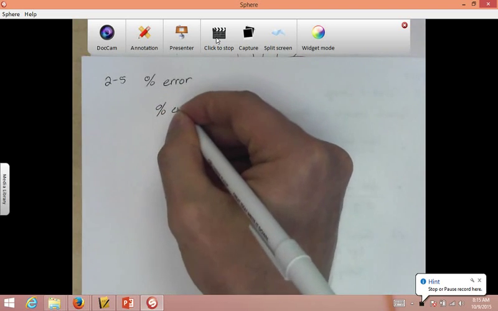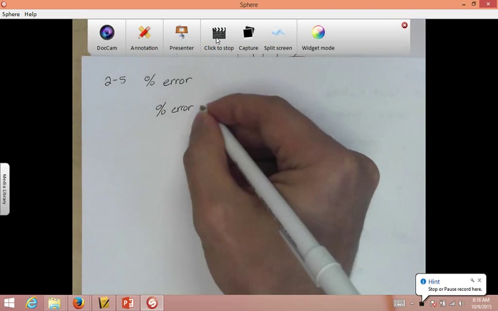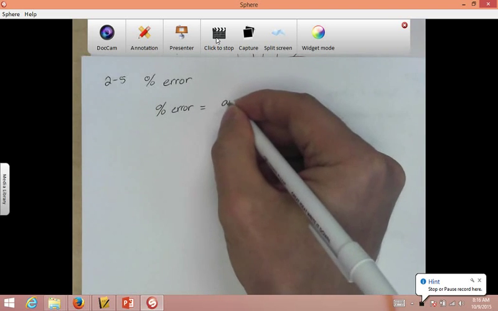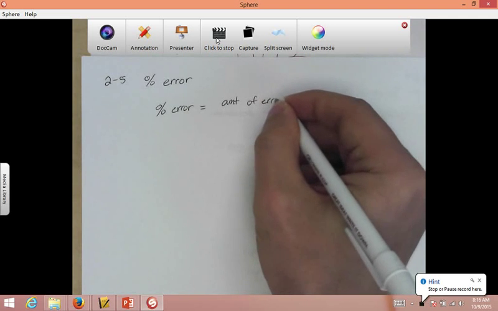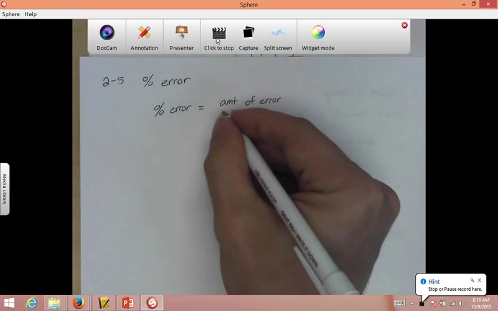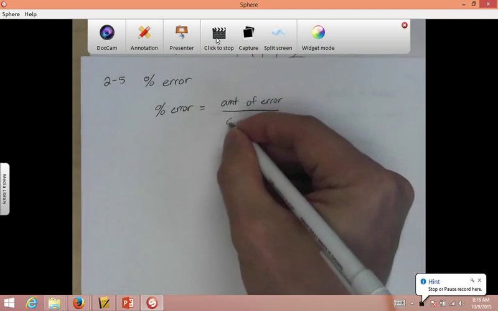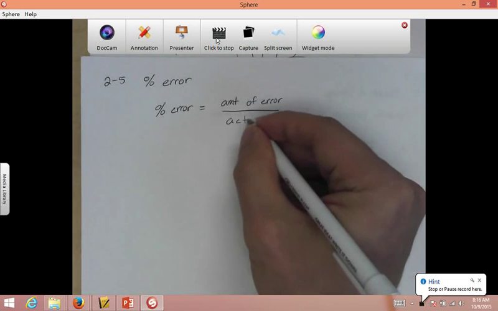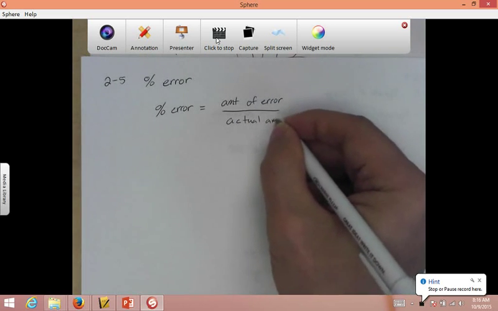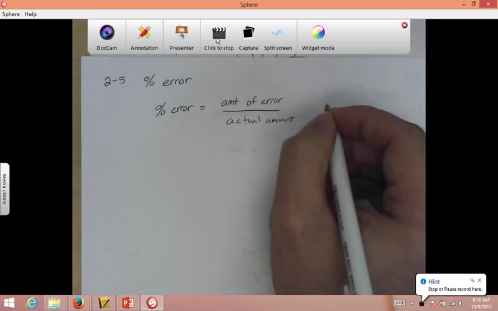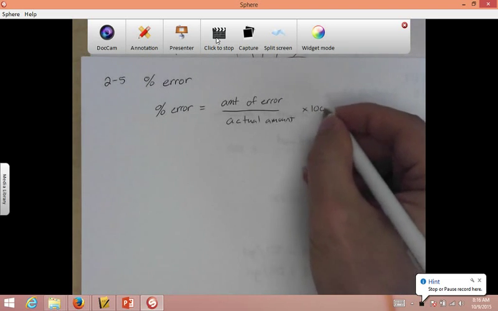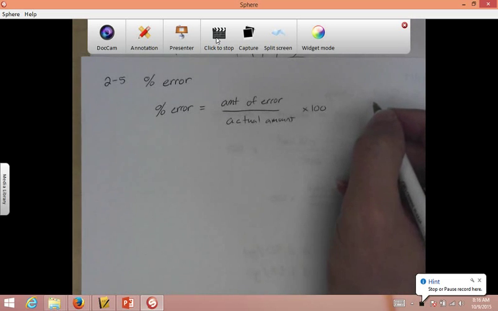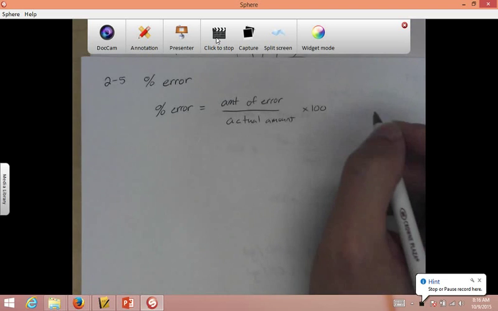So, very simply, percent of error equals the amount of error over the actual amount. Times 100 to make it a percent. So, for example,